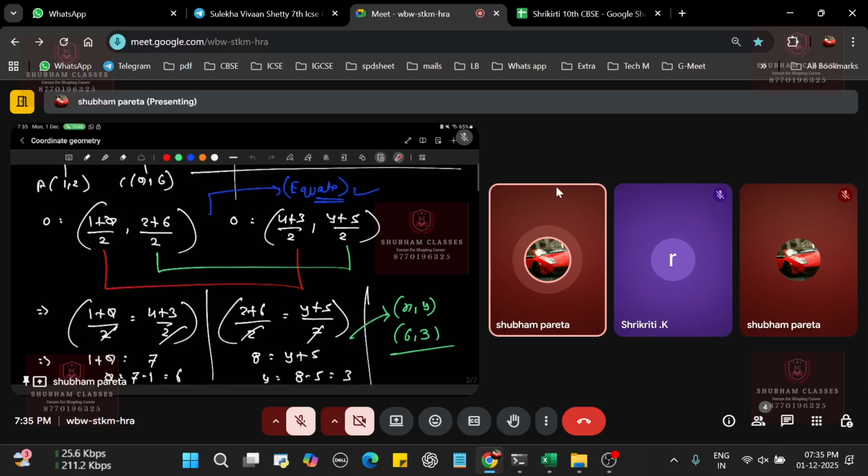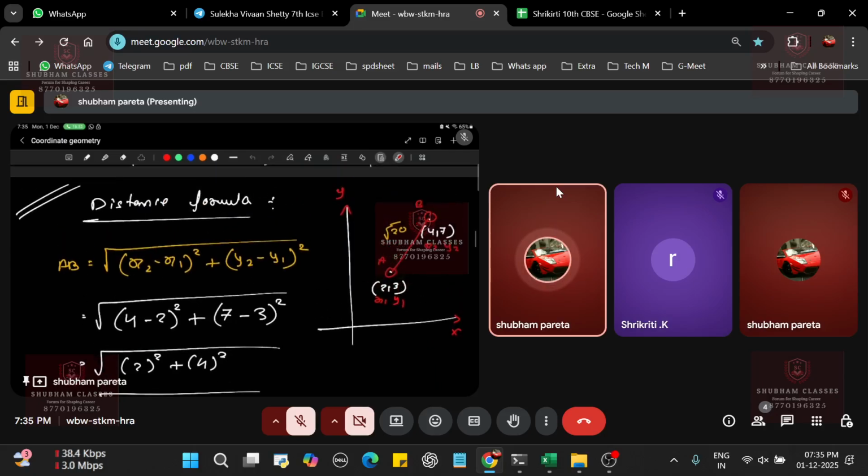Now, other than that, what are the other portions that you can see here? Basically, the distance formula. Obviously there are a lot of other questions as well, but still you have to practice it from your NCERT and the portions which I have given to you. When we are giving the portions over here, there are multiple questions, and you have to go with all the scenarios one by one, isn't it? So the portion which you are having as of now, basically what you need to do is just practice it. There are total three formulas, and multiple scenarios are also there, but I'll give you the introduction for that, and I'll give you the basic variety also for that.